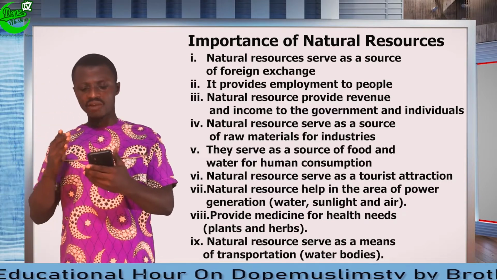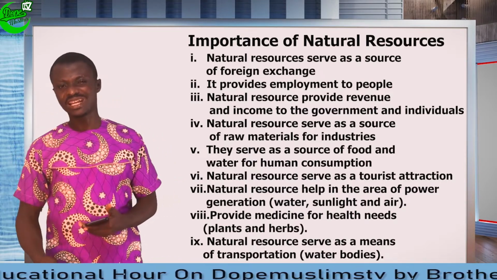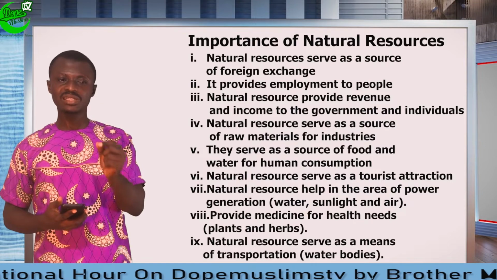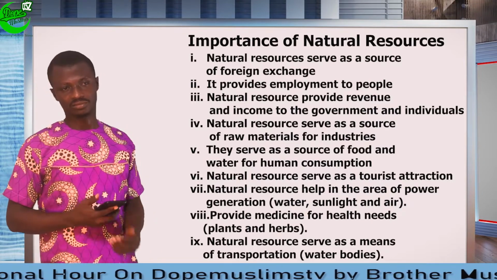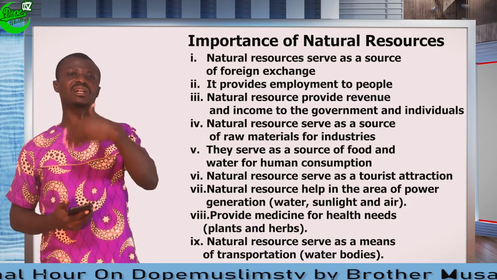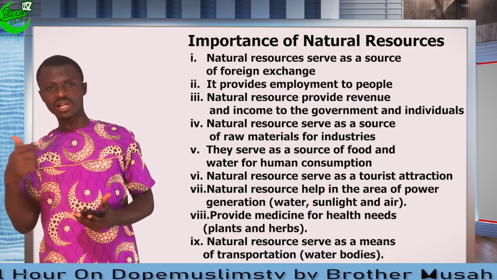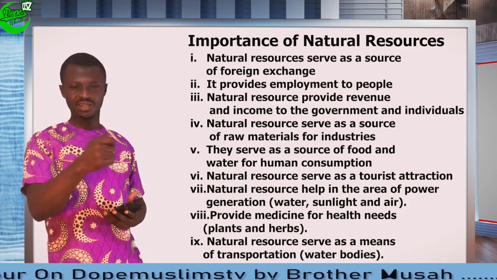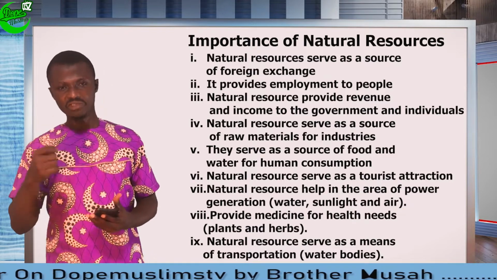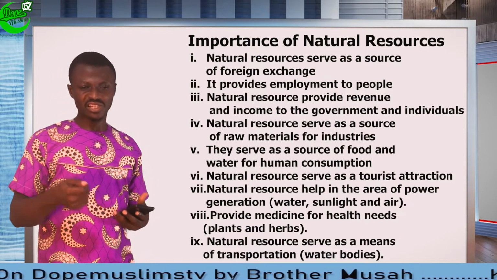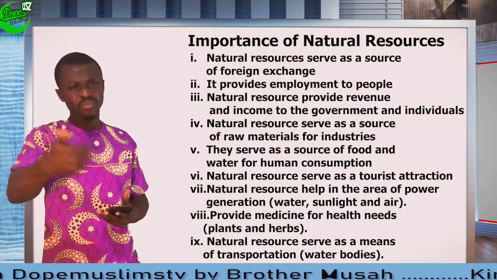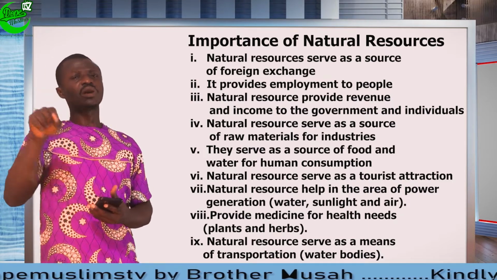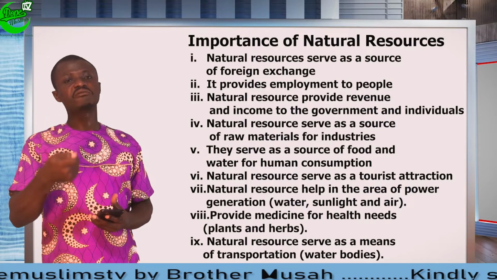And it also provides revenue and income to the government and individuals. These companies that I'm talking about, as they provide employment, they pay income tax and company tax. There are a lot of taxes that they pay to the government, so the government generates revenue through their activities. There are a lot of things that they do in the country, like renewing permits with the Environmental Protection Agency. All those places that they go, they pay, and these monies go to the government. So we are seeing that the natural resources we have in the country generate revenue and income to